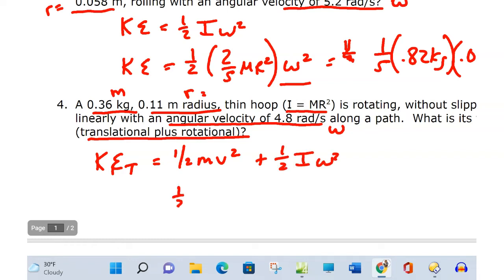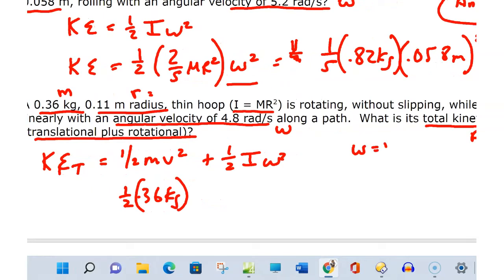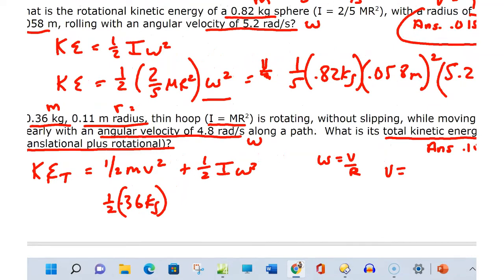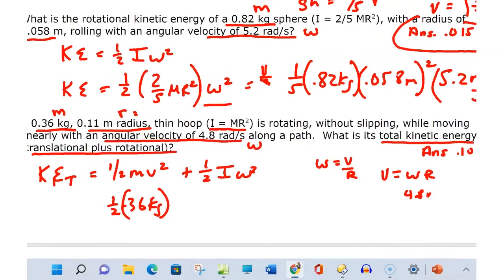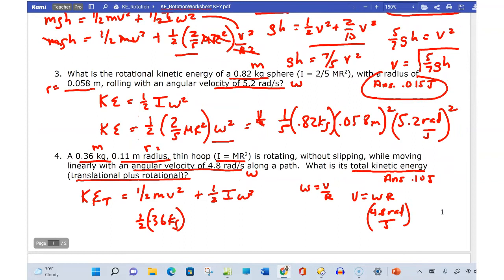So 1/2 m, 0.36 kg times the v. Well, we're not given the v, so we're going to have to find it. You know that omega is v over r, and so v is omega r. Omega is 4.8 radians per second, and the r given is